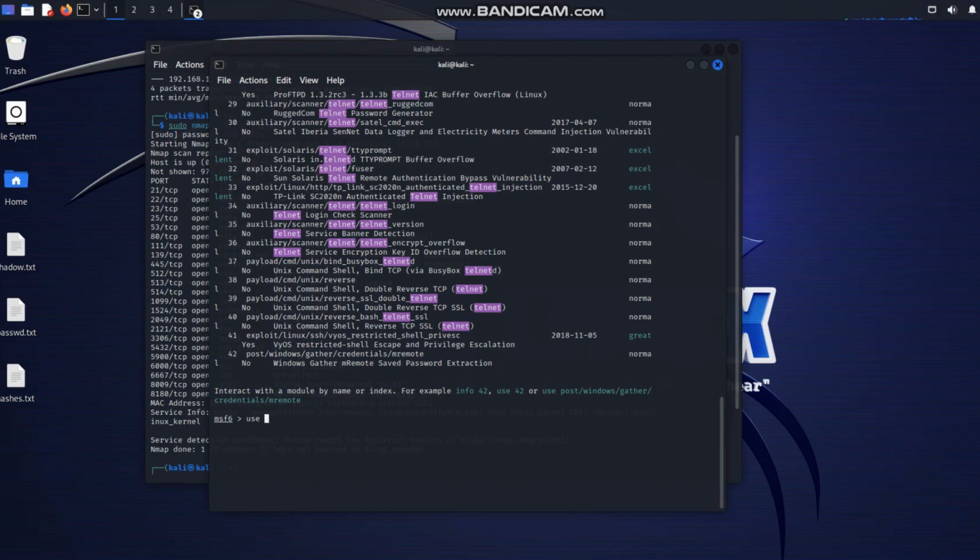So in order for me to be able to use that module, I need to enter the keyword use, and then let me paste the path. Great. So that has been activated. Now before we can go ahead and do an enumeration, the first thing is there are some parameters you would need to set up, right? So we do show options,